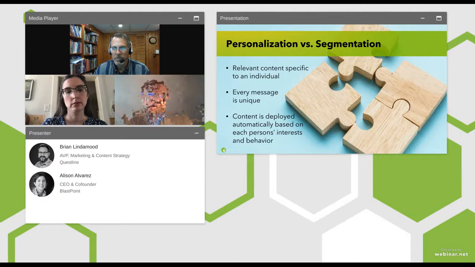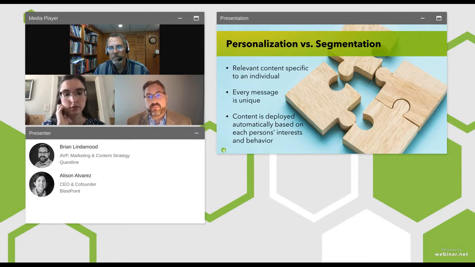So I want to touch on a few topics that are related to segmentation, but not quite the same thing. It's important to understand the relationship between these things, but also not get confused by the differences. So personalization is when you send a unique message to each individual customer. Think back to the movie example. We can take that list of 100 different movies and send 100 unique messages. Maybe we're making recommendations. So if your favorite movie is Rushmore, you should also check out the Royal Tenenbaums. And each one of us would get a different message.